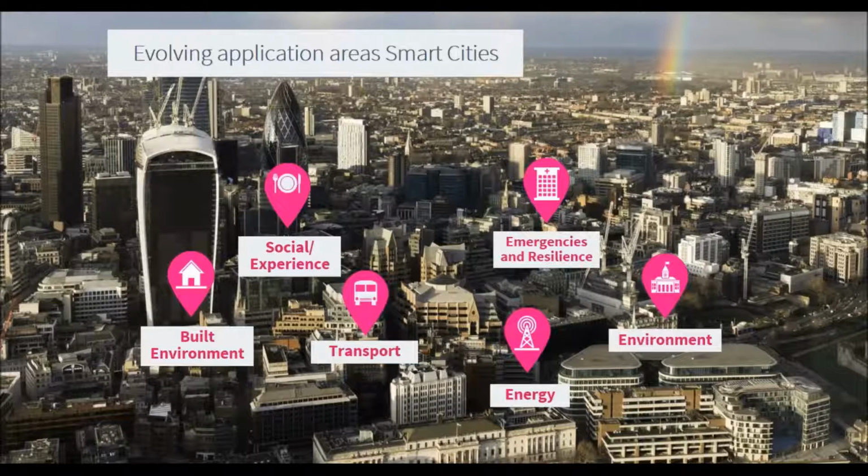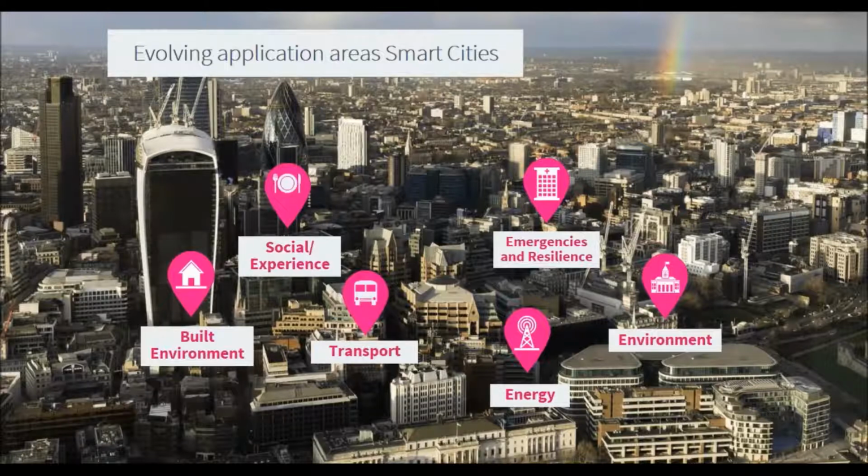So before going into smart cities in a bit more detail, there are a number of application areas that we looked at which we think are going to be important. One is the built environment, where data integration is currently still quite a challenge, particularly to integrate data that comes out of the life cycle of infrastructure and buildings as they are created together with geospatial information. Transport we already talked about. Energy, particularly from a smart grid, smart metering perspective. Integration of solar power, for instance, will become an important factor.